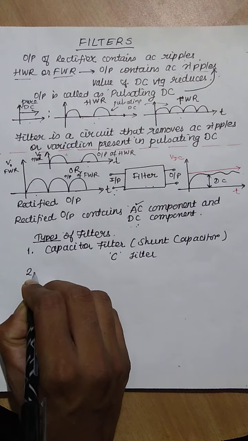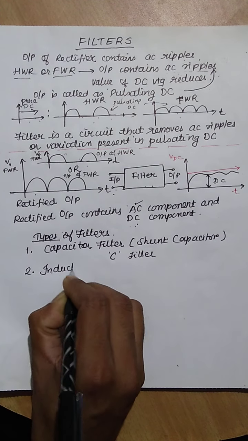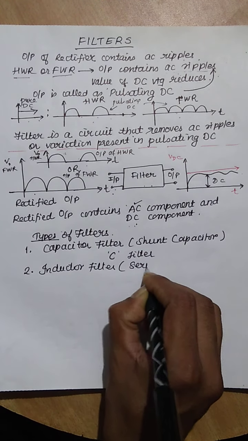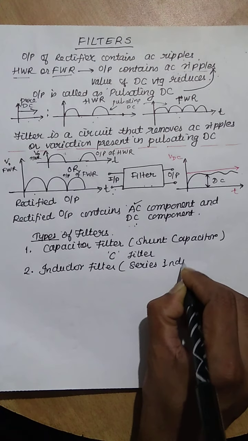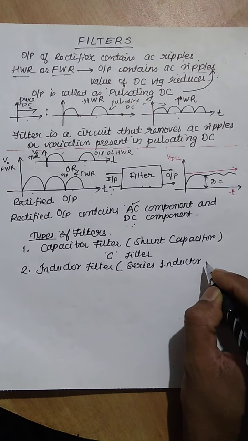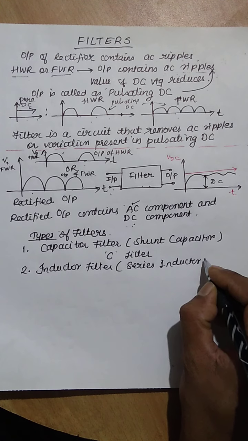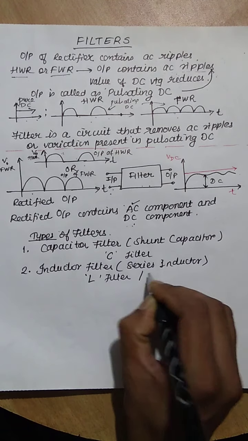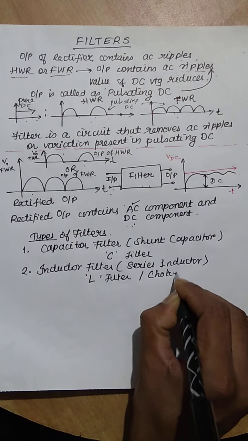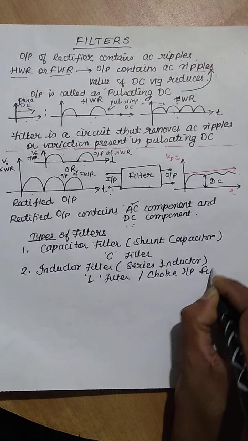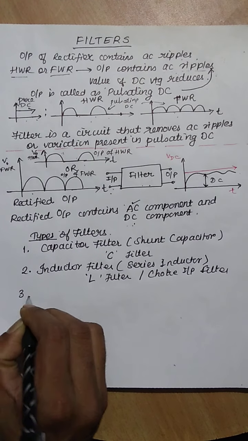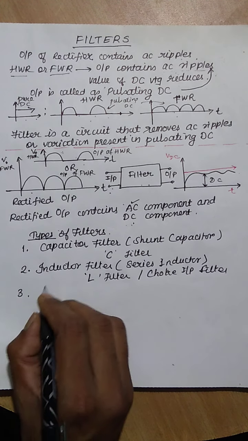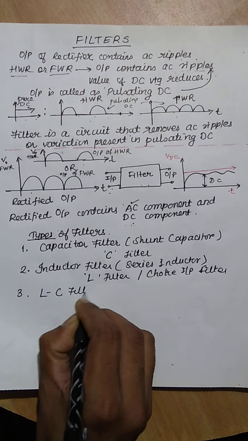Second, inductor filter, series inductor, because it is connected in series with the load. L filter, or simply another name is choke input filter. Third is the combination of capacitor and inductor, means we will see LC filter,